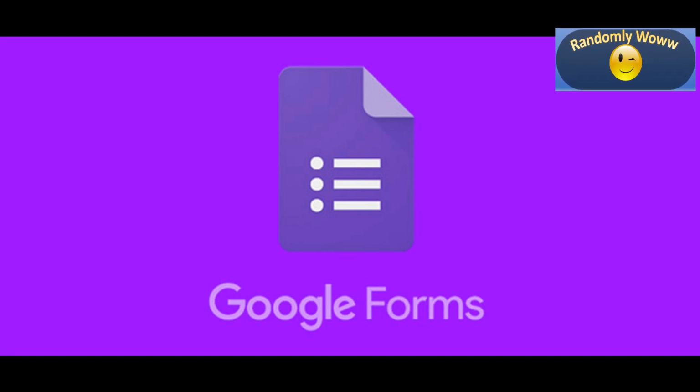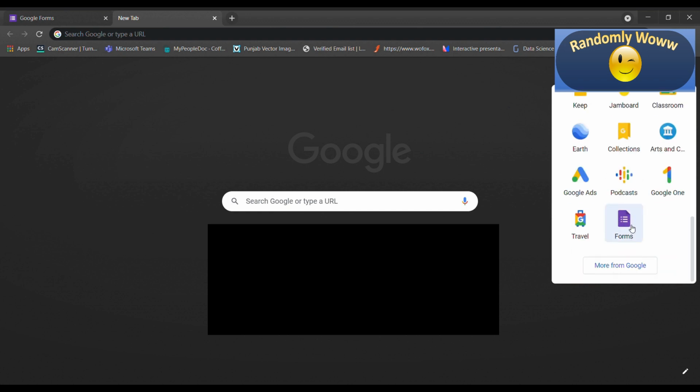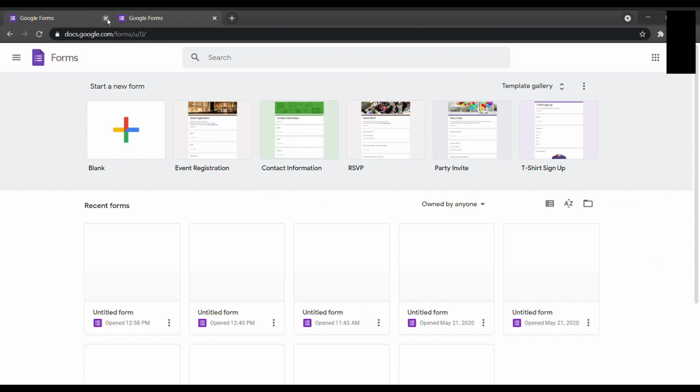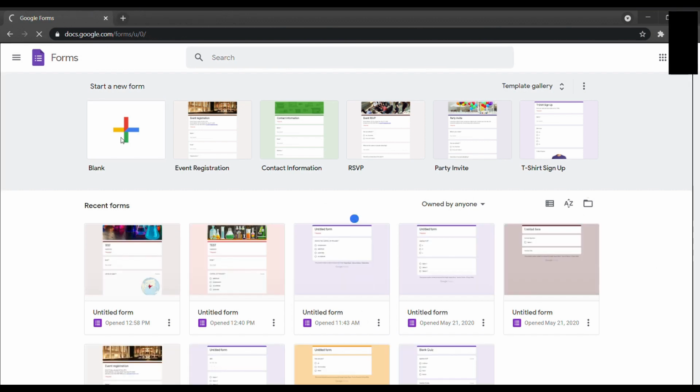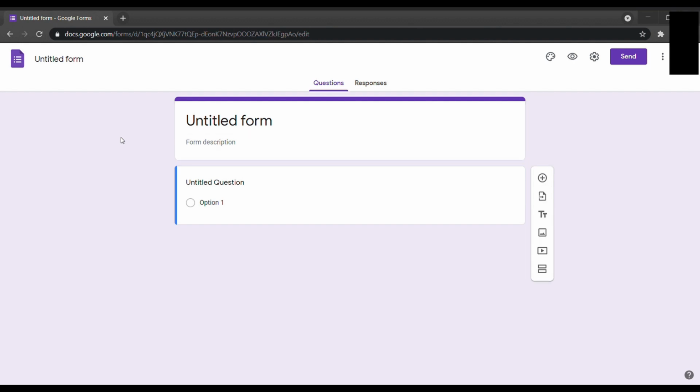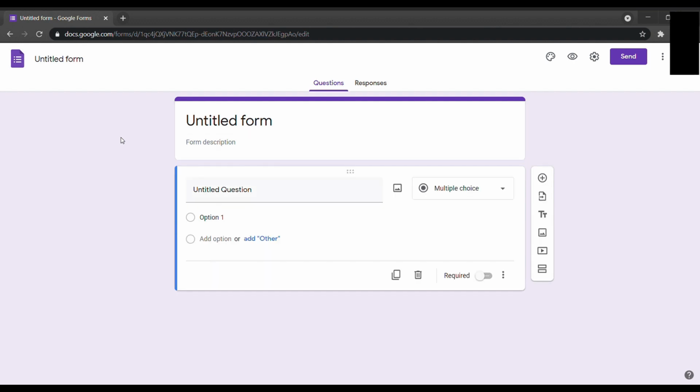There you have already your login by Google Mail on this. There are 9 ellipses which are there. You just click on and drag. You'll find this option Google Forms in the bottom. You click on it, then it will take you to the same. So you can click on blank or you can choose the options available in the template gallery.